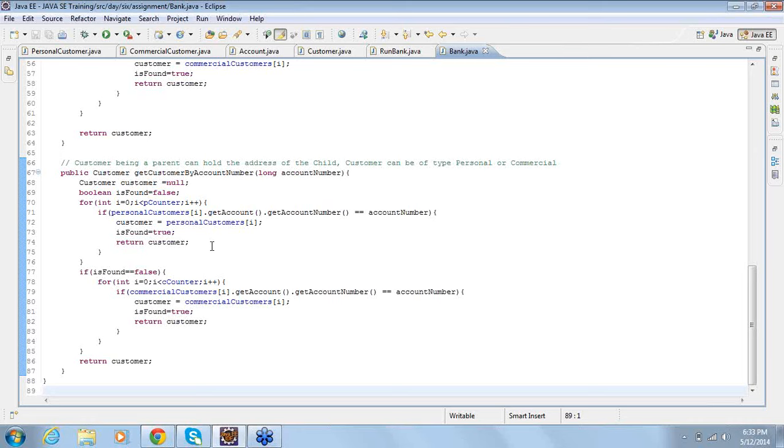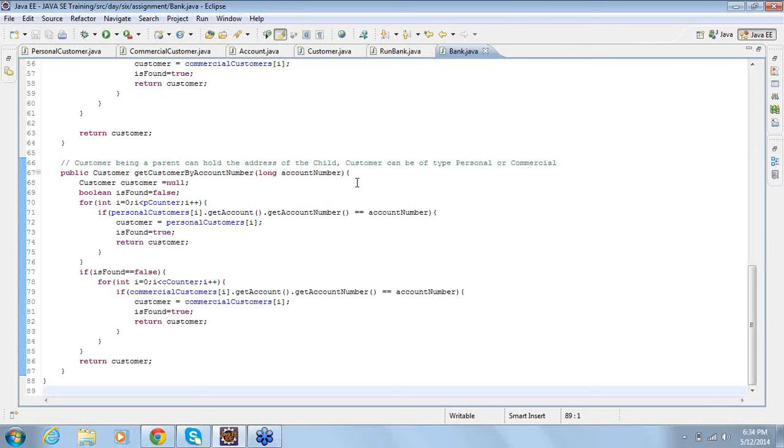Now this is very important. Why do I raise this question? What is the big deal if we create deposit and withdraw methods in bank, and what happens if we create them in an account?